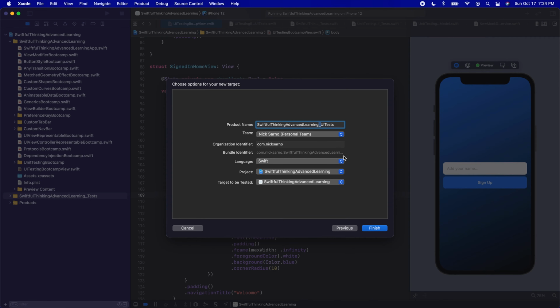Again, you don't need to put an underscore here. I just like to. I think it's pretty clean. The big things here: let's make sure we are in Swift, we're in our project, and the target to be tested should be our main app. It should not be our other testing target. So let's click Finish,